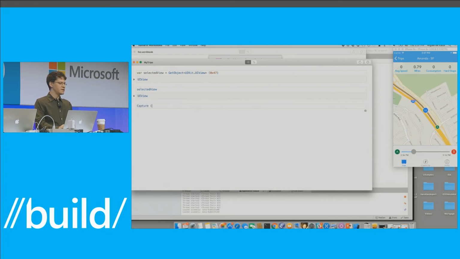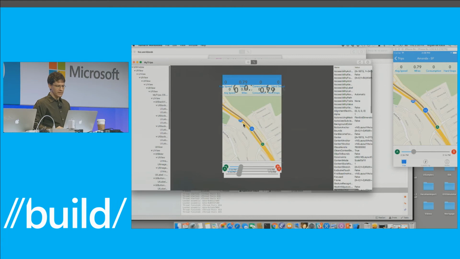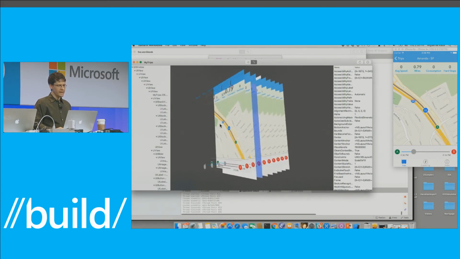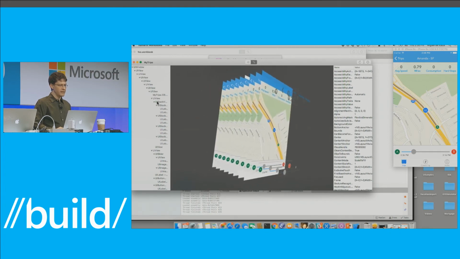Now I'm going to use a convenience method called capture. So it takes a screenshot of that. So that's what the actual view was. And because there's a hierarchy, this just took a screenshot of that particular view. So let's take a look at why that was. So now I can get a 3D view of this. And now you can see that it turns out that the topmost view, the one that I selected, only contains those elements. Well, that makes sense. So you can get a 3D view of how your application is built and debug it.